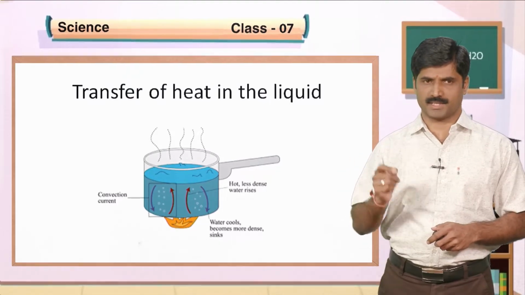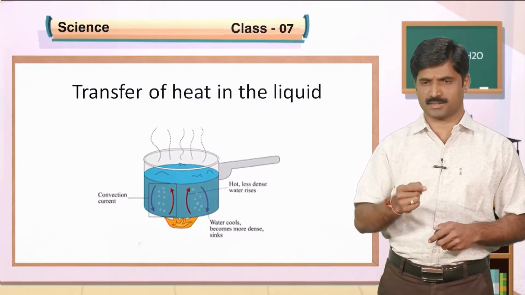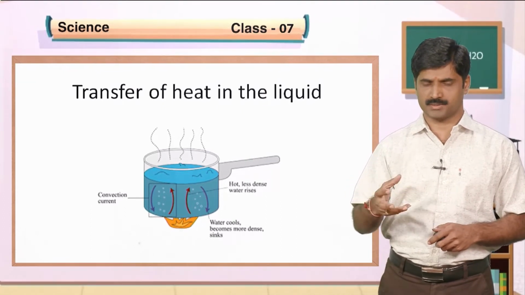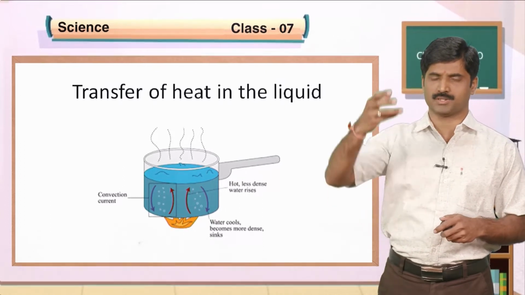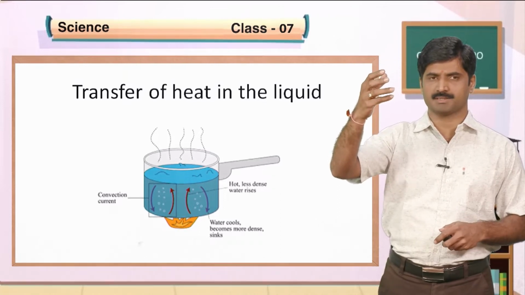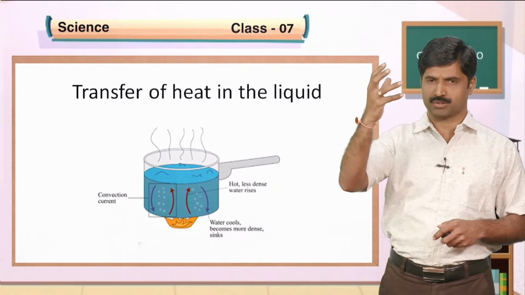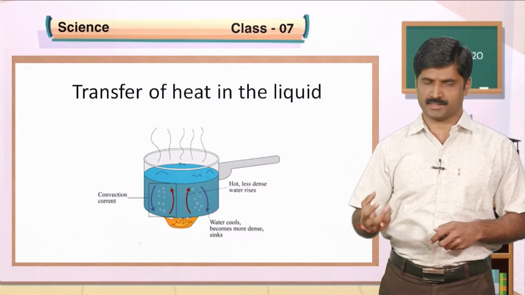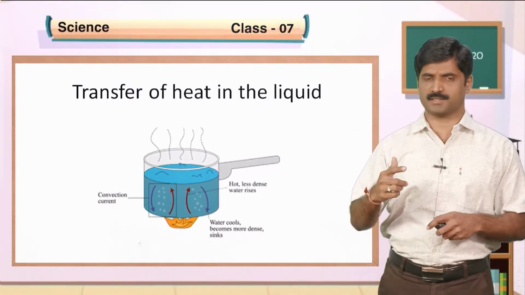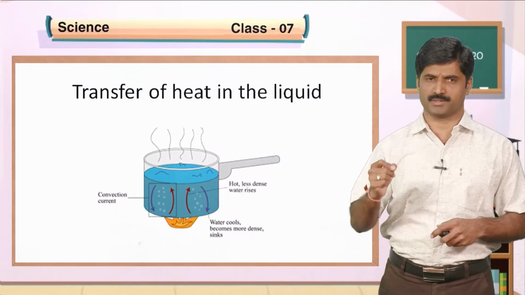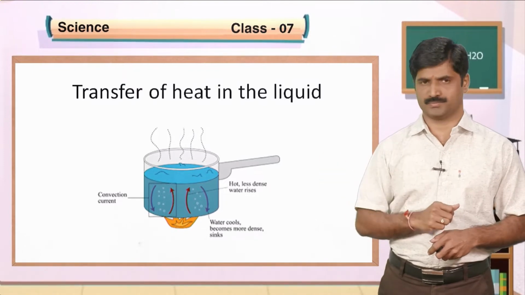This video suggests that when we supply heat to a liquid, the particles which are in contact with the heat source get the heat, become lighter and rise to the top. The particles at the upper level are comparatively heavier, so they slowly sink down, then they get the heat and start to rise. This cycle continues till the whole liquid gets the heat. For better understanding, watch this video.